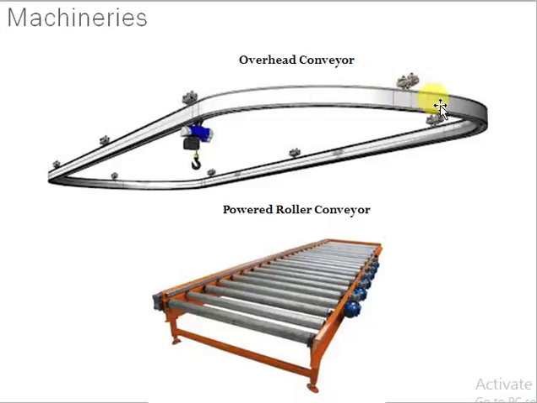These types of conveyors are used in mechanical shops or automobile manufacturing units where the entire assembly line is moving and people are standing at their workstations to perform various tasks on the machine or the vehicle which is moving on this conveyor line. Then this is the powered roller conveyor where alternate rollers are powered through electric motors, so no manual moving of the goods is required. The electrically powered belts and cylinders will move the goods from one place to the other.